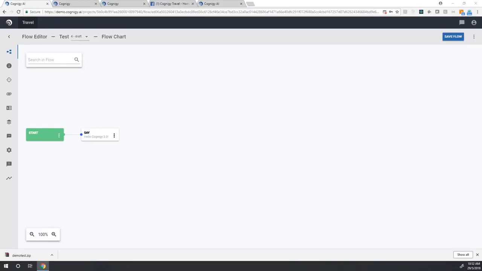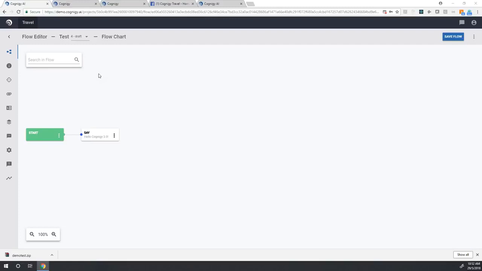Which programming skills do you need to get started, basic or advanced? That really depends on what you want to do. So if you want to build an FAQ flow, if you want to build a funny facts flow, things like that, you really don't need programming skills, right? You can do everything from within Cognigy, and that's very easy.